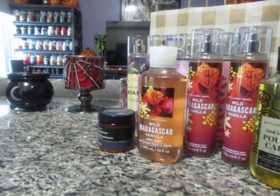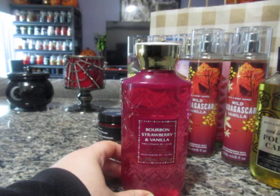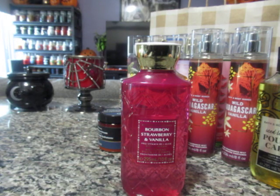And the last body wash I had picked up is Bourbon Strawberry and Vanilla. Unfortunately, my store did not have any more of the fine fragrance mists. I do have one full-size fine fragrance mist in Bourbon Strawberry and Vanilla, so I'm happy to have at least one. I have not seen it on the Canadian website for quite some time, so I feel like this one is pretty much sold out, but I'm glad that I picked up the shower gel or the body wash at least,